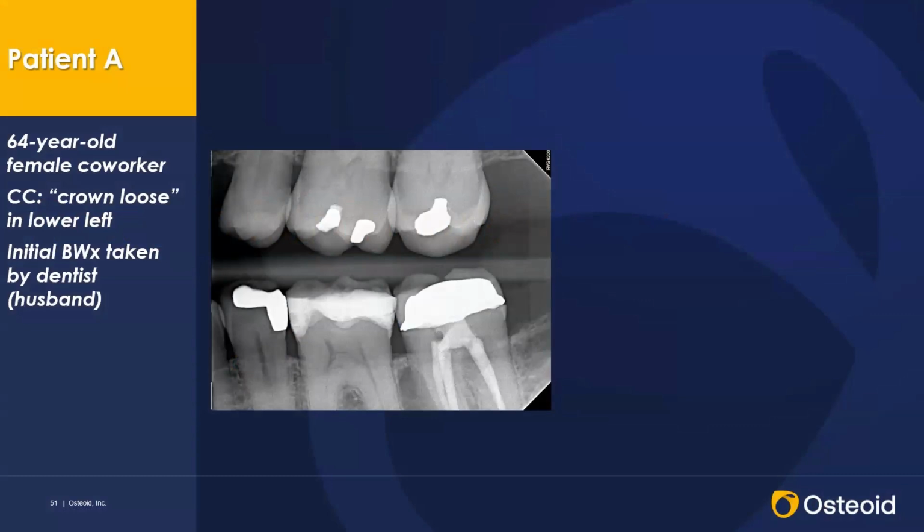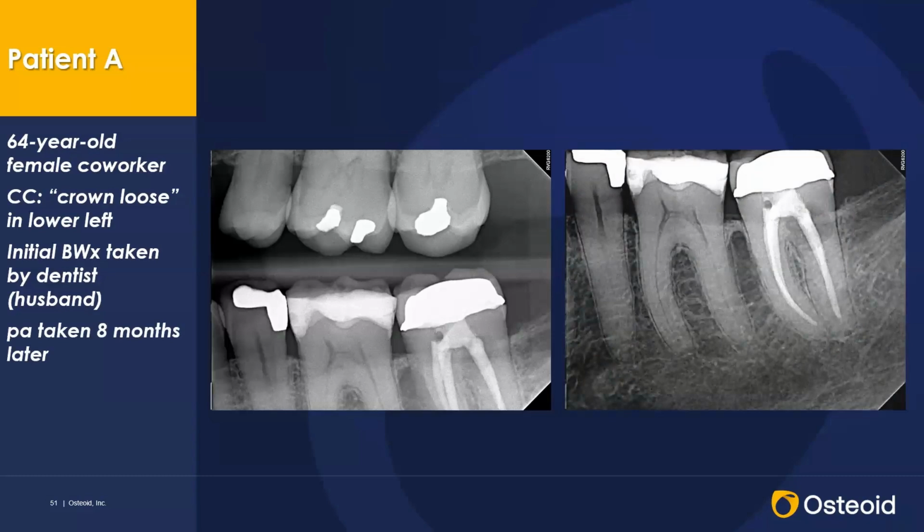And what better way than because our patients teach us everything we know. This is a 64-year-old female co-worker who I've known for 25 years. And her husband is a dentist, and she had a crown loose in the mandibular left posterior region. The original bite wing was provided to me and, viewed by the husband, who didn't see anything, and subsequently was provided to me. And based upon this and also this image, I thought we needed a cone beam CT because I can actually see something associated with the distal aspect of the root of tooth number